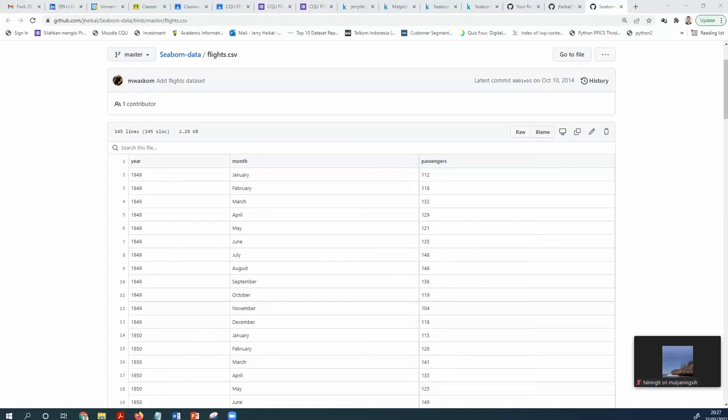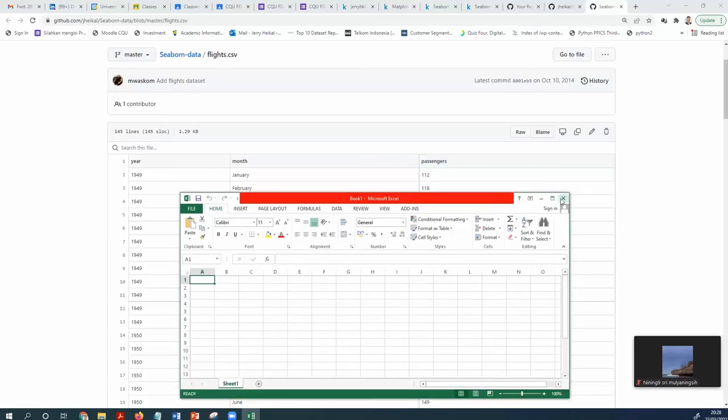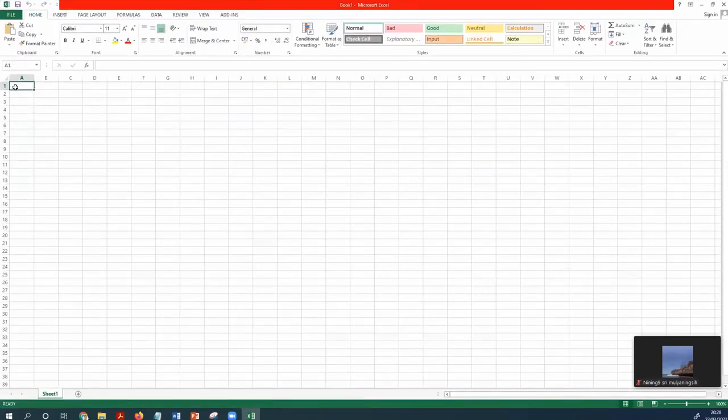Okay, and then you can paste the data in Excel. Let's wait for Excel to open. Copy the data, paste the data. Okay, wait a second.